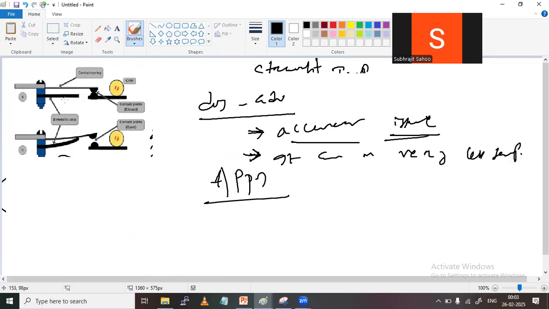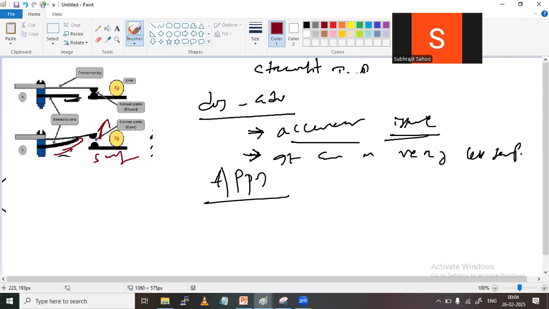So this one is the bimetallic strip. When the temperature changes, what will happen? It bends. When it bends, it disconnects the circuit, like a switch. Suppose in the case of an iron, imagine after 5 minutes excess heat is produced. Automatically the power will be disconnected. Why? When the temperature rises, the bimetallic strip bends and breaks the connection. So the current is cut,